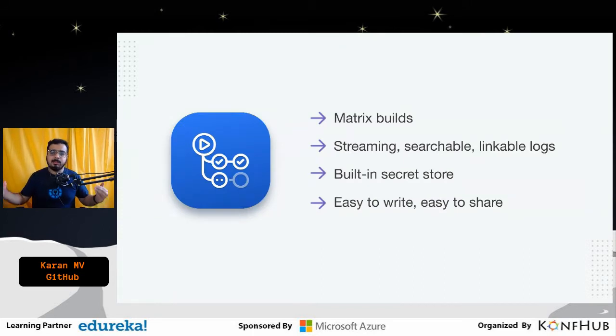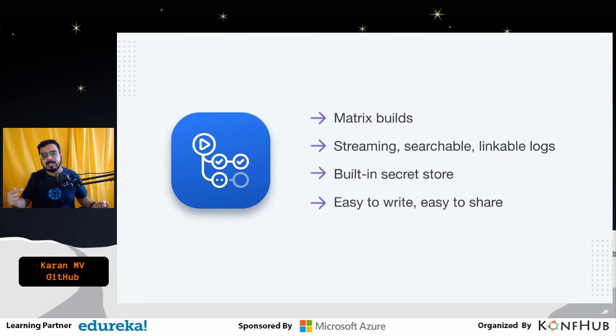There are also other advanced capabilities that you would have probably seen in most of the CI/CD tools. An example being matrix builds. A scenario wherein, say, you have a Node.js application, and you want to ensure that your application is tested with different minor versions of Node.js. You would have to run certain repeatable tasks for every version of Node.js. That's where things like matrix builds will really help you define a matrix of how you want all of this to run. And there are also streaming and searchable and linkable logs,